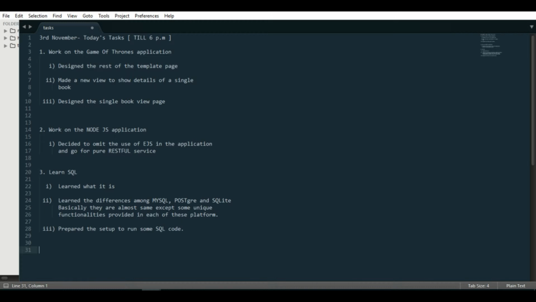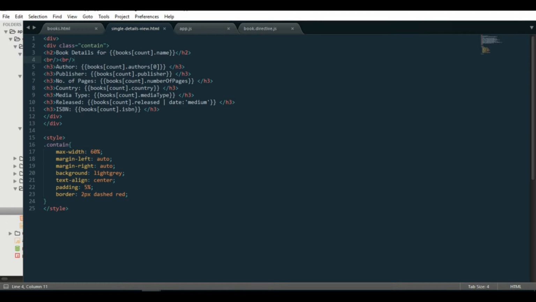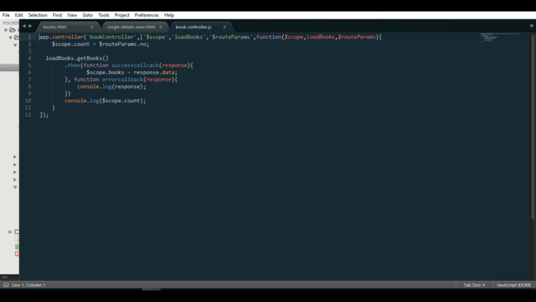So number one was I worked on the Game of Thrones application, and there I designed the rest of the template page. Half of the template page was already designed by me yesterday, and the rest I designed today. Then I also made a new view to show the details of a single book.